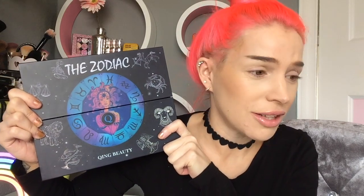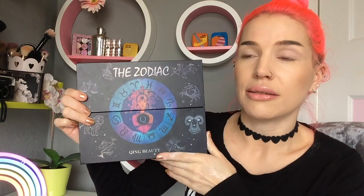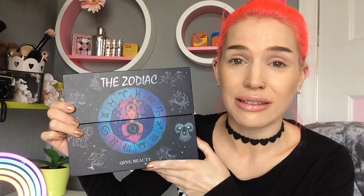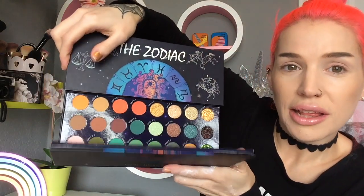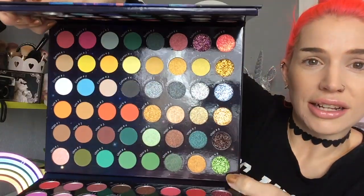But anyway, so this palette's called the ZODIAC palette. Not an extremely original concept, honestly, at this point, but we cannot knock it. So guys, just wait until you see this palette. Extravaganza, just wait. So you open her up like this and you open her up like this, and inside we've